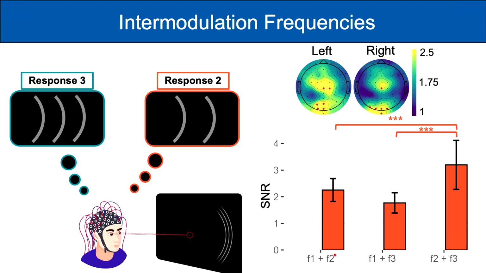However, when participants reported perceiving 2, the intermodulation components, especially F2 plus F3, which emerged from the interaction between the central and the outer arc, are the strongest. This is also significantly different from when participants indicate perceiving 3 arcs, suggesting integration between central and outer arcs when redundancy masking occurs.